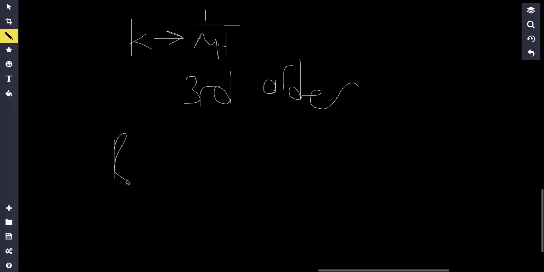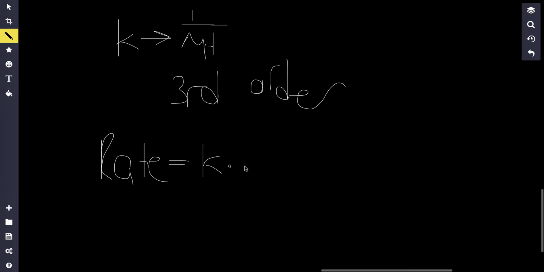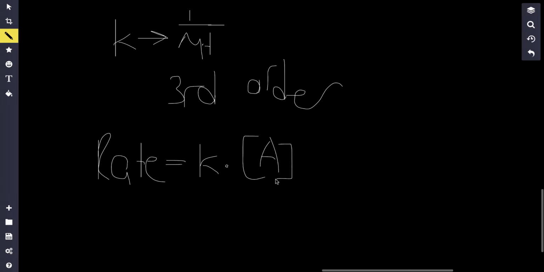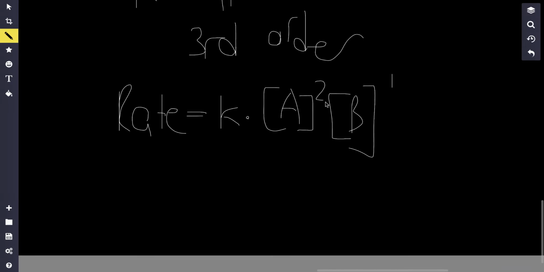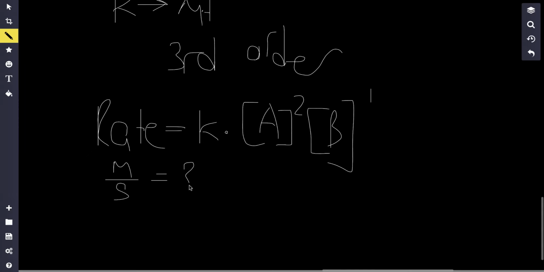So if we have rate is equal to K multiplied by, let's just say, the concentration of A to the second power multiplied by the concentration of B to the first power. Notice how this is third order, right? Because overall third order, because 2 plus 1 gives me 3. Rate, once again, is molar per second, and K, we don't know what that unit is. And notice how there's 3